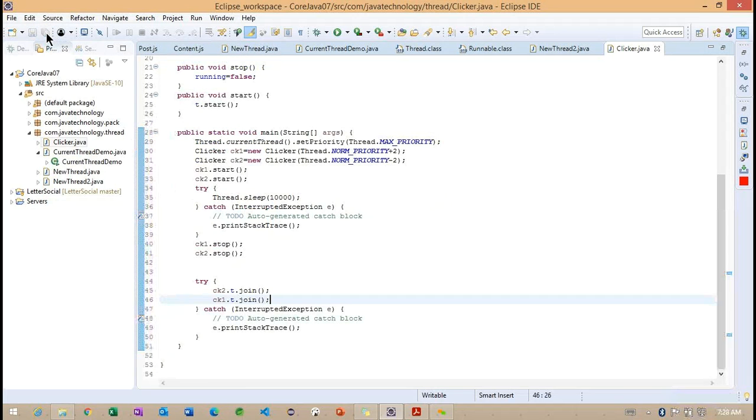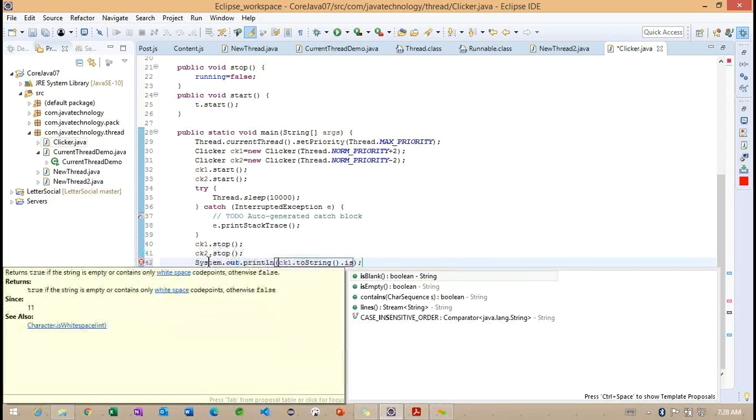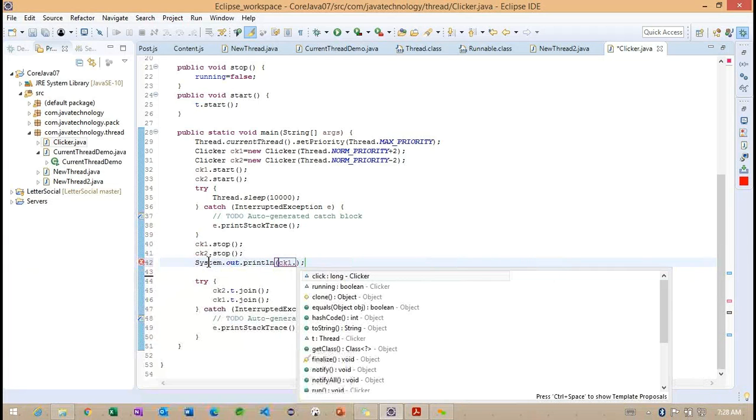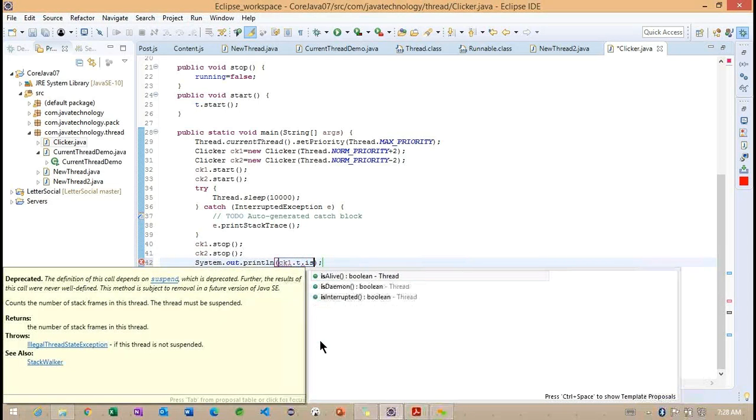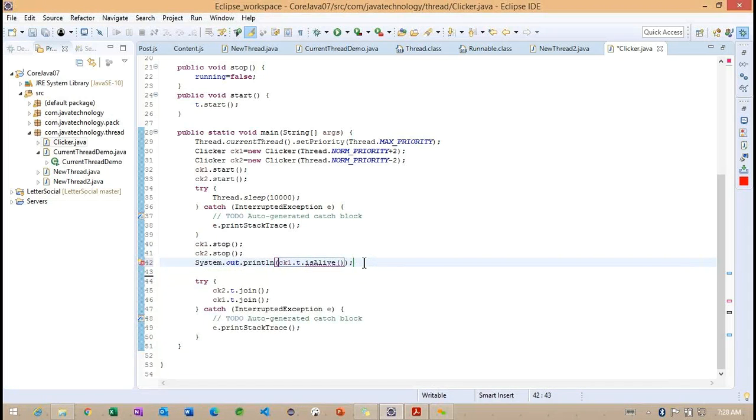Okay. So if I'm going to save, what will happen here? Before calling this join method, I want to check ck1.t.isAlive.